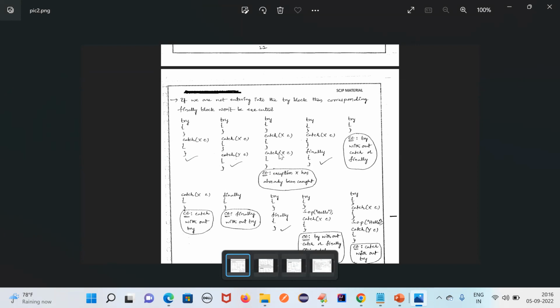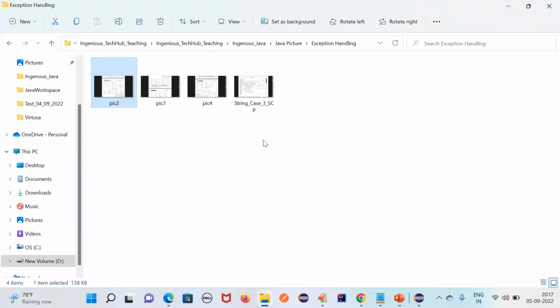Here I think in the catch block they have written something, X has already been defined. Here you have added the same exception type, so it won't be applicable. I will send you these notes, and you can write all these combinations in your notebook, because in the interview they will ask you these combinations. So just execute all the possibilities on your system.